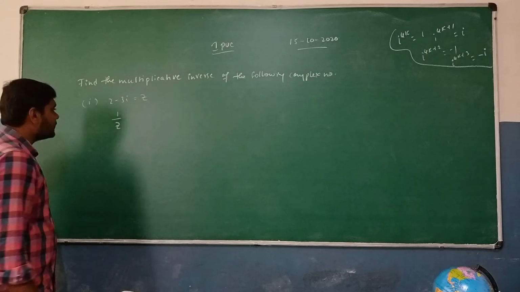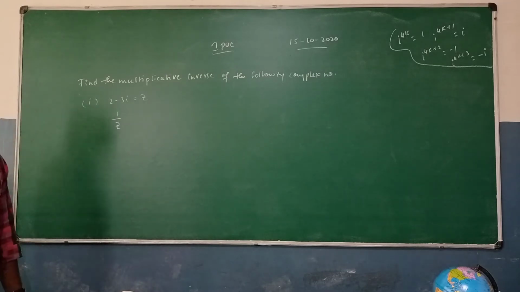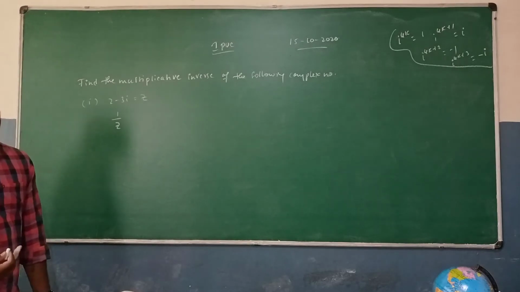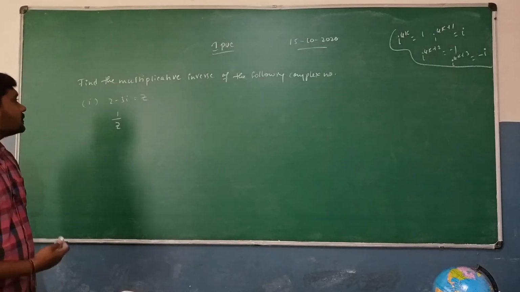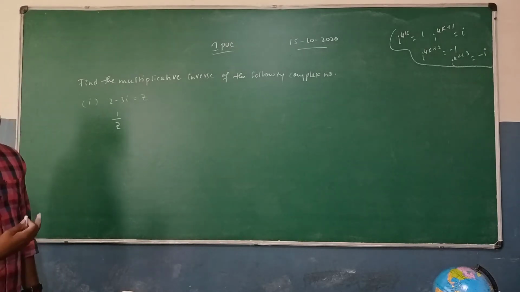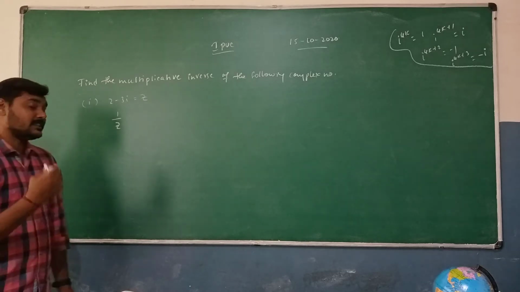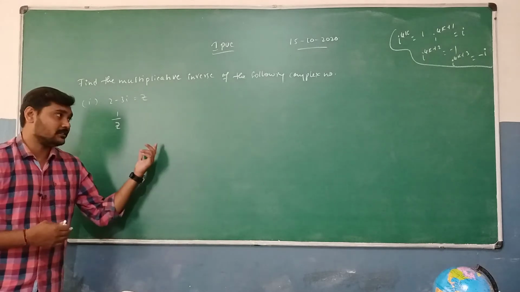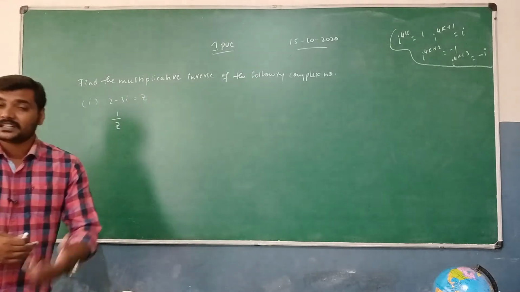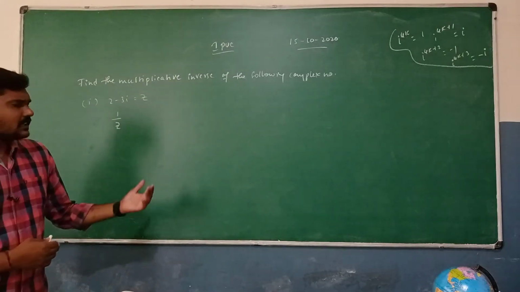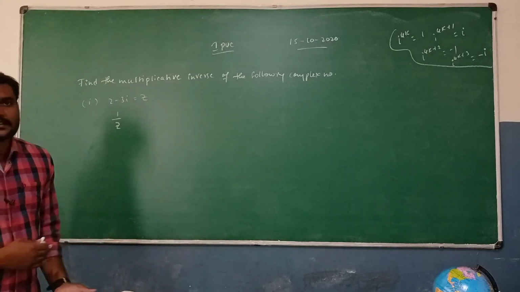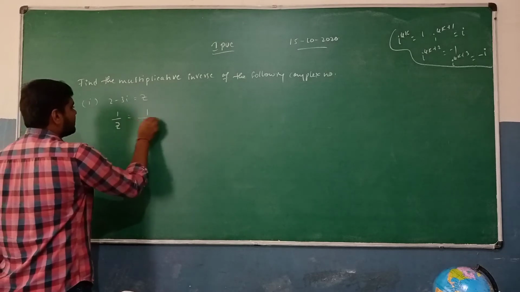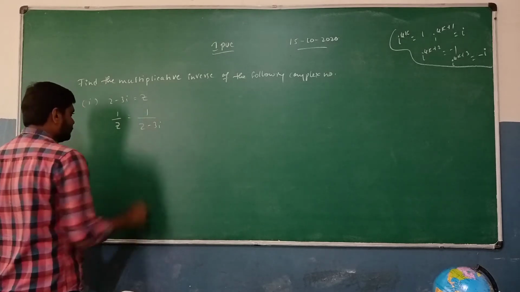1 divided by z, we can understand it as the multiplicative inverse. So by using the properties of the multiplication between two complex numbers, we mainly discussed the multiplicative inverses. Okay, 1 divided by z can also be written as z to the power minus 1. We discussed how its values used to come, a divided by a plus ib minus b divided by a plus ib. Something we have mainly discussed those things. Okay, here 1 divided by z can also be written as 1 divided by 2 minus 3i.